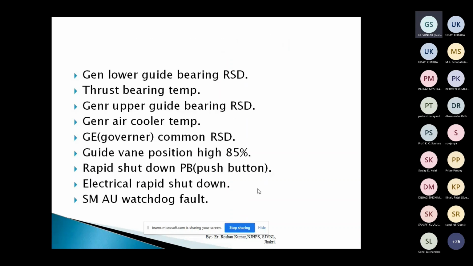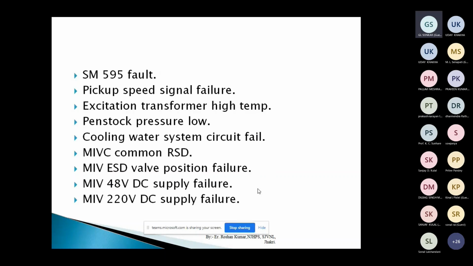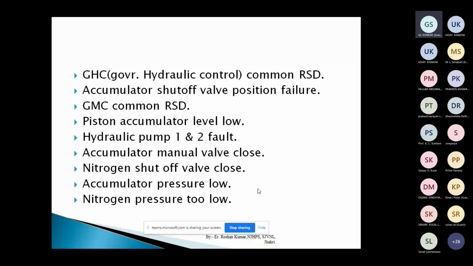turbine guide bearing RSD, generator load guide bearing RSD, thrust bearing temperatures, the upper guide RSD, air flow temperatures, guide vane position is high. Then somebody pushes the push button of RSD, then electrical rapid shutdown, and then pickup speed signal failure, excitation transformer high temperature, then penstock pressure low, then cooling water system circuit fail, then 48 V DC supply failure, 220 V DC supply, common RSD, and then governor hydraulic GMC RSD is on, accumulator setup valve position